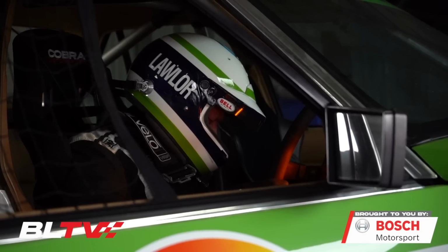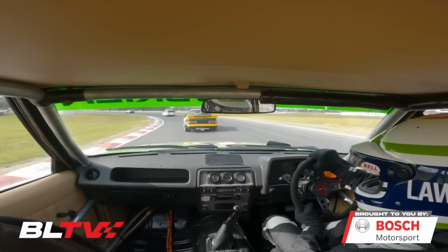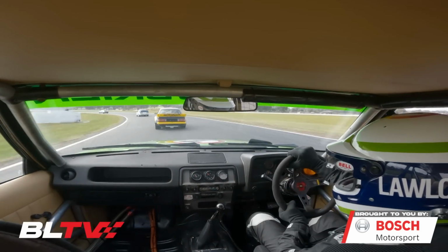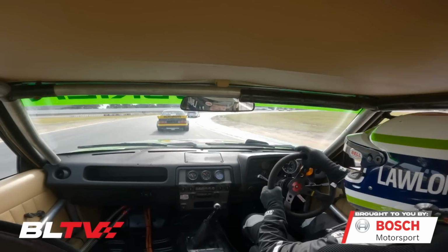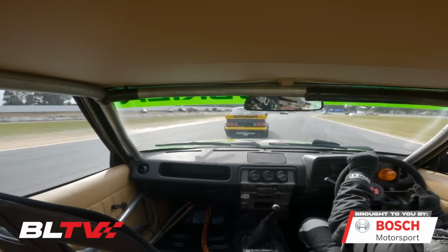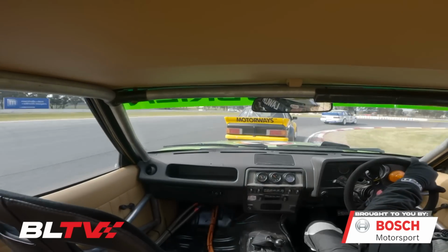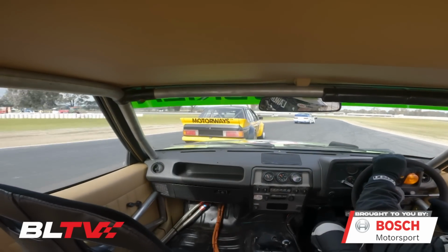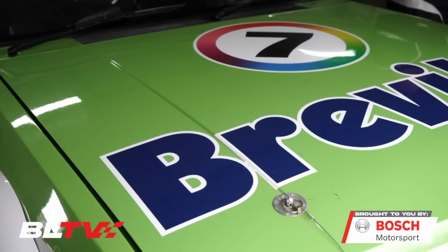As I say, these are the original cars raced at Bathurst. The cars are like they were back in 1980. They're hard, they're big, they're hard to drive, but it does have a lot of mechanical grip with like 10-inch tyres on the back. So I bought the car 3 years ago from a friend of mine, but John Harris in Queensland restored the car back to its original specifications, and that's what you see now, right down to the